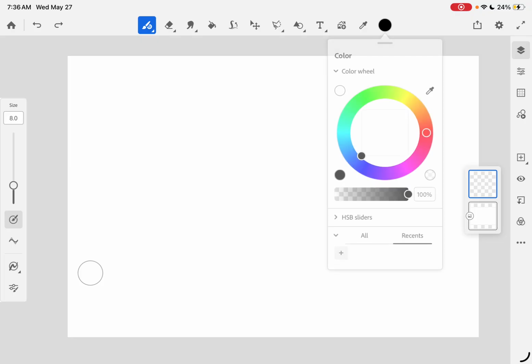I'm going to give myself a background. I think I'm going to use, let's see, I want to do more of a bluer color, but I want it to be maybe over here. So I'm going to choose my color around the wheel and then choose my intensity of the hue here. So my hue, here's my saturation. It's going to be 100%. So this is your transparency. It's called the opacity. Do yours at 100% because if you do anything smaller, you'll be able to see through it, and it's not really something that's going to look super great